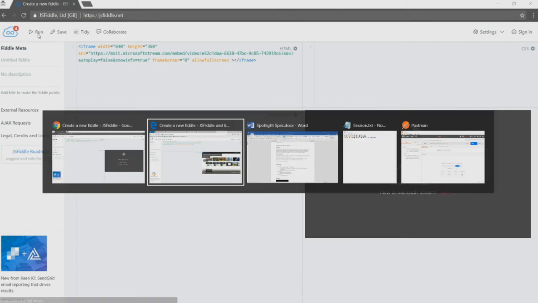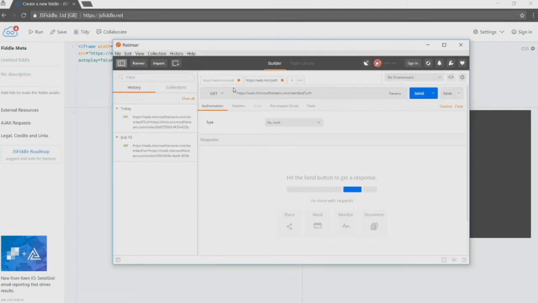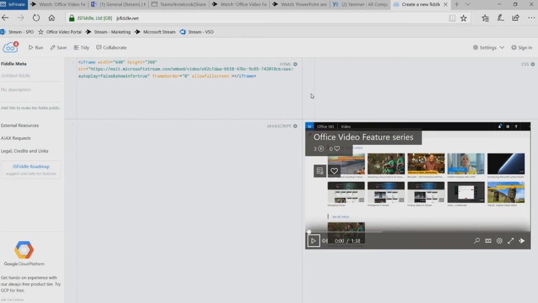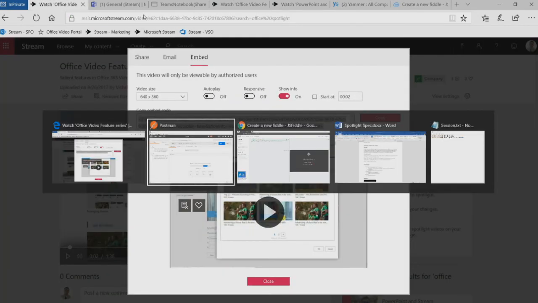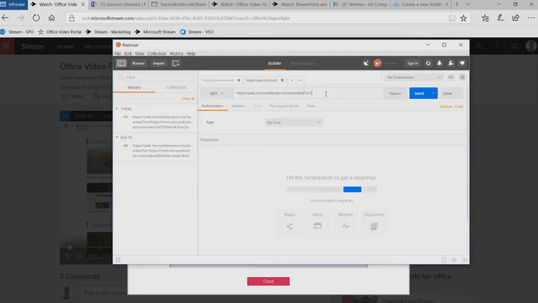So I can show you a simple example with Postman. So if I go to the OEmbed endpoint, which is very simply web.microsoftstream.com/OEmbed, what it asks me for as the query parameter is the URL. So in the case of Yammer, as you guys saw, or in OneNote, all I did was paste the URL to the video. And this is what it does in the background. So if I go back to my video here, and I grab this URL, I can just paste it here. Generally, you should URL encode your stuff, but for the purposes of this, I'm just going to send it.